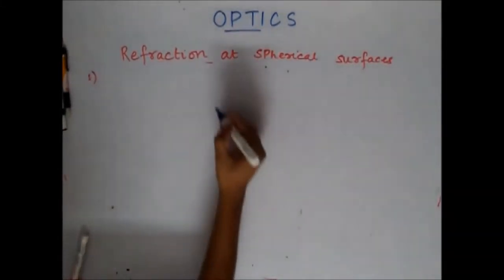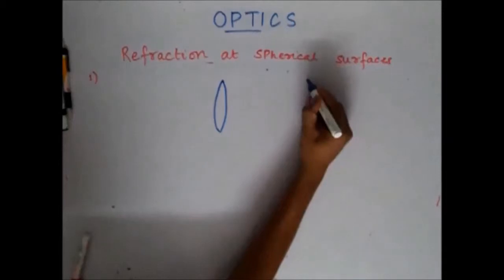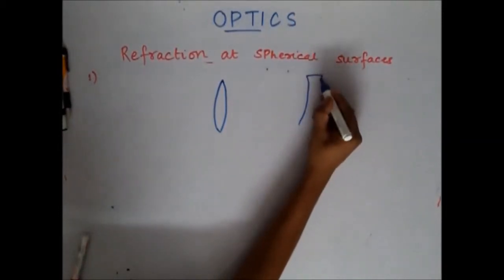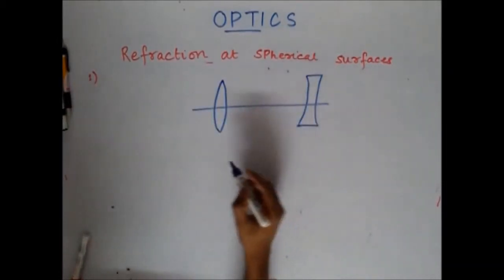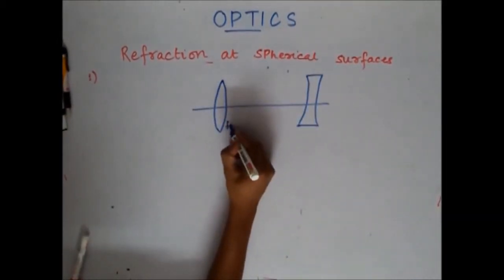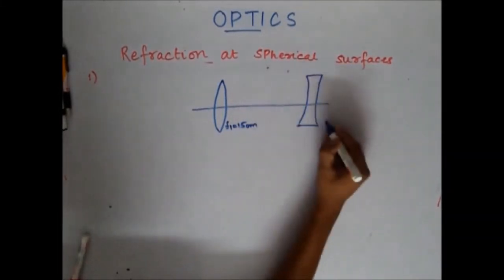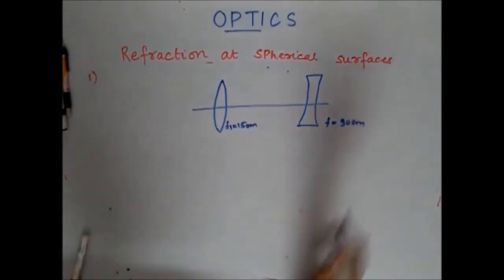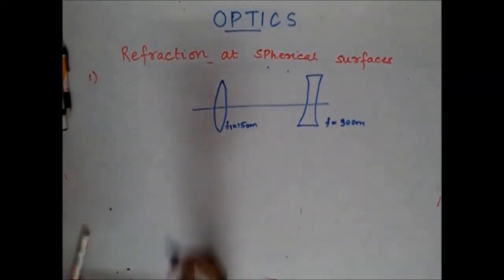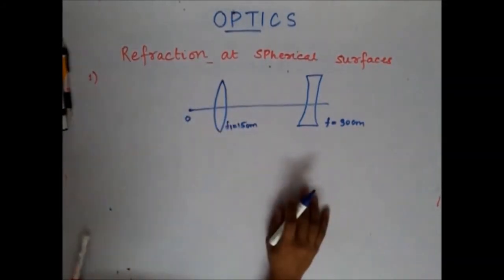So in the question, you had two lenses. This had a focal length of 15 centimeter, and this had a focal length of 30 centimeter. Okay, there was some object here, and